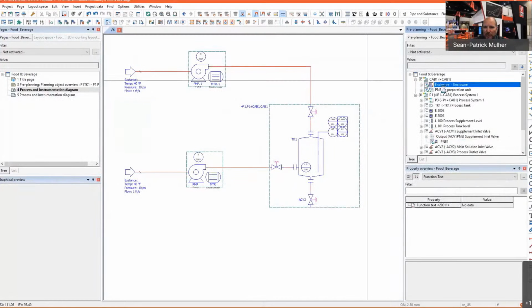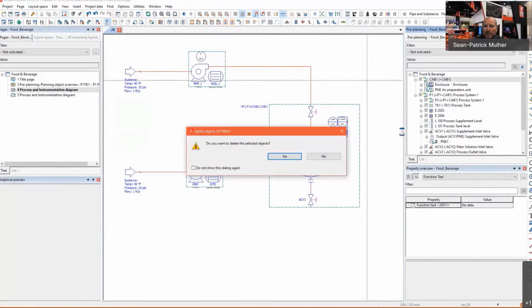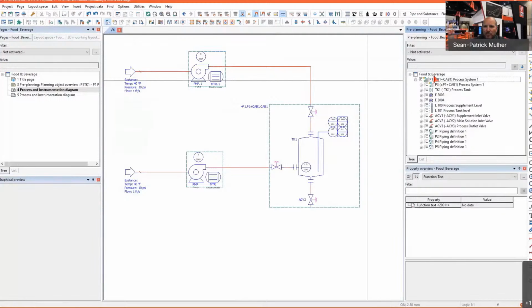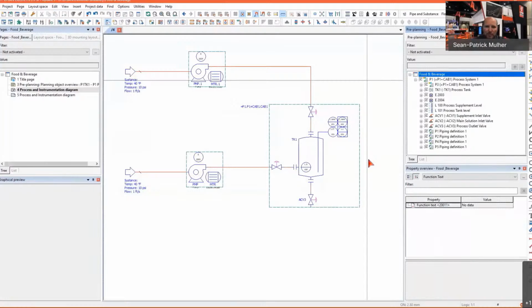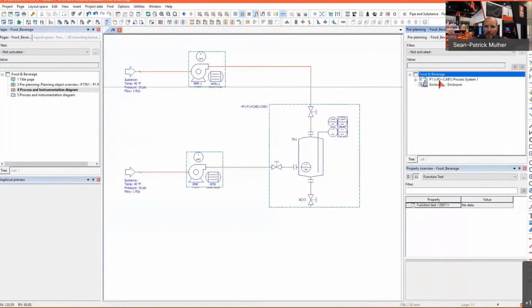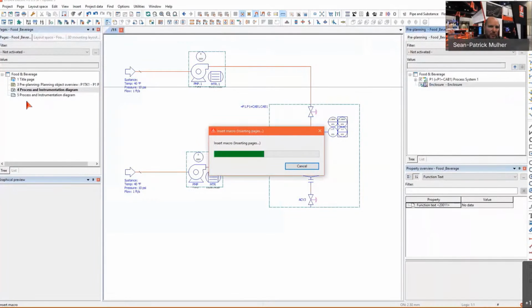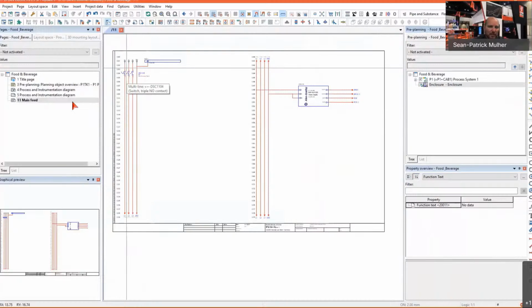So let's insert an enclosure. I'm going to delete this one here. And let's just insert an enclosure into my system. So insert pre-planning macro. It's going to be my enclosure system. This enclosure system, via drag and drop, I'm going to create my electrical power supply. So you can see here, I've got my power supply. Then I'm going to create a